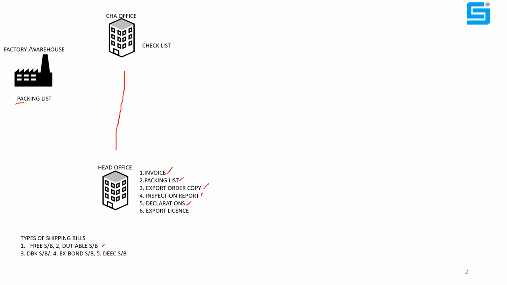Drawback shipping bill, where the exporter is claiming the drawback, in which he has to declare the drawback serial number of this product and the percentage he has claimed. Once he selects the drawback serial number, the percentage will automatically appear on the shipping bill checklist. Ex-bond shipping bill means goods were imported earlier and are now going to be exported.